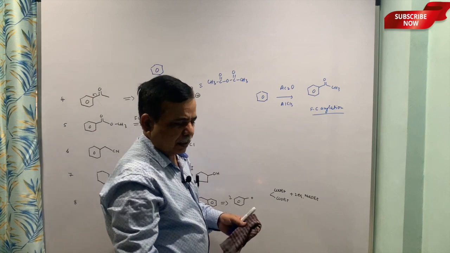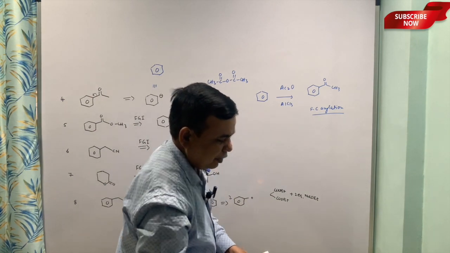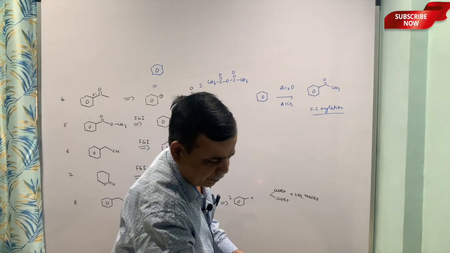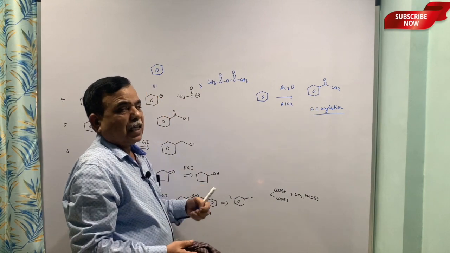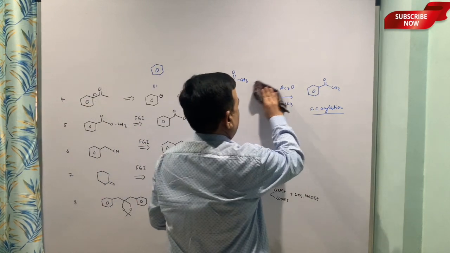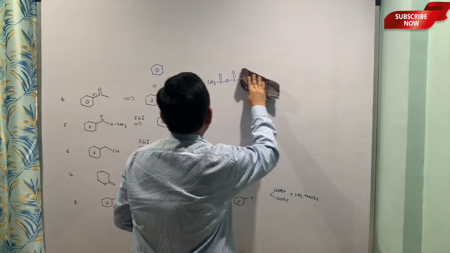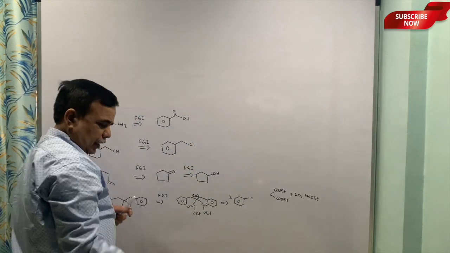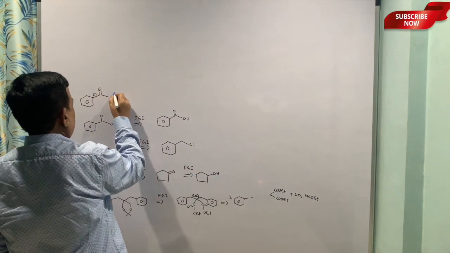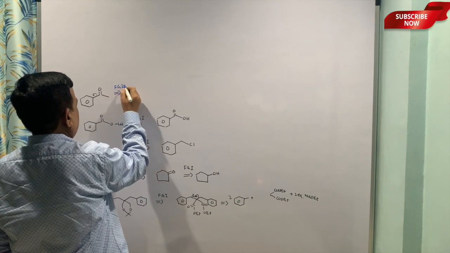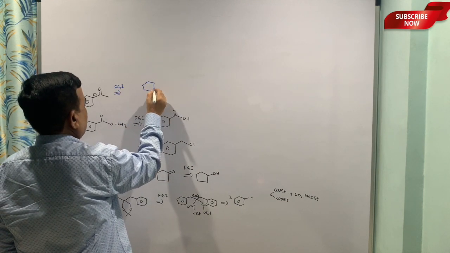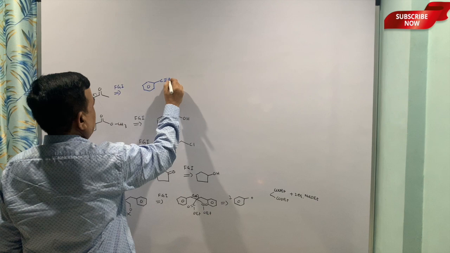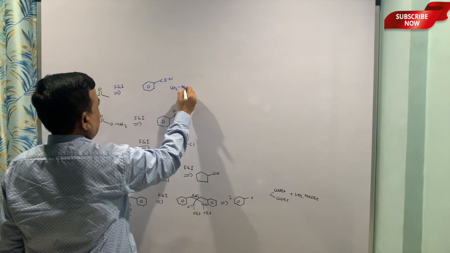So, this is selective and then this becomes one of the prime routes for the synthesis of alkyl benzenes, because this one on Wolff-Kishner or Clemmensen reduction furnishes ethyl benzene, which is otherwise not possible by ordinary means. Polyalkylation becomes a major problem with the Friedel-Crafts reaction. Okay. Now, I am going to tell you the alternate path also for this. Now, here I will put FGI and then I will put nitrile, say C triple bond N, and I will put CH3 MgBr.